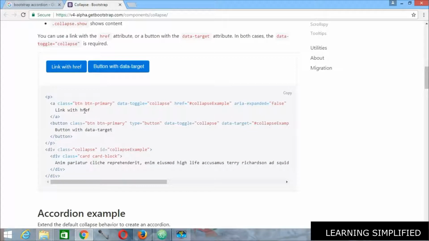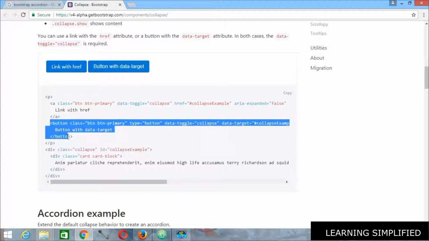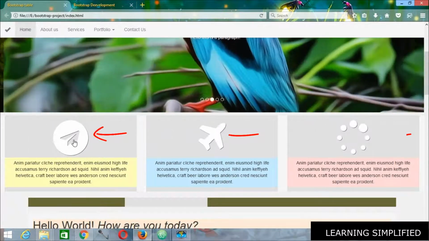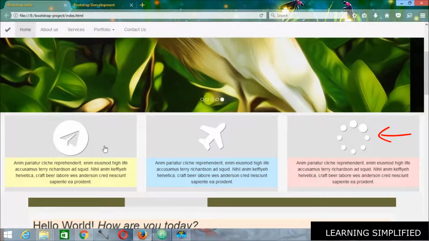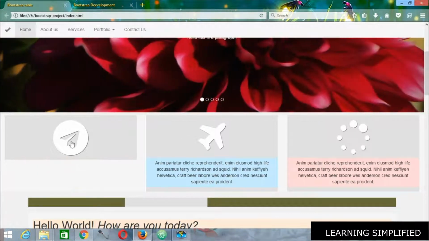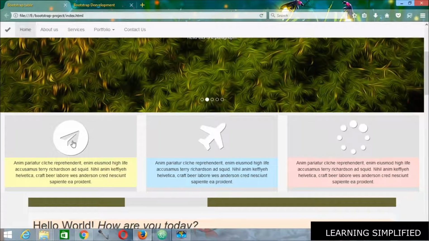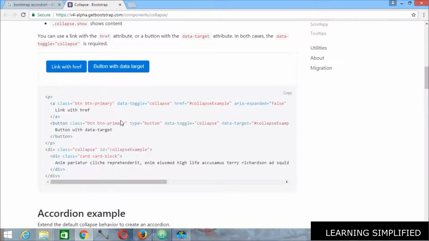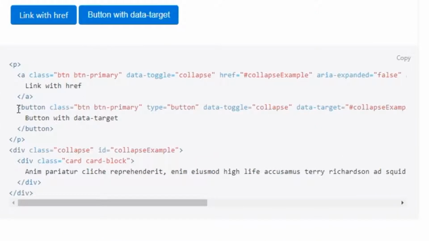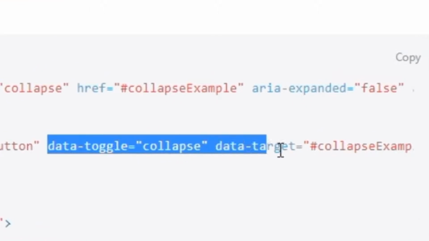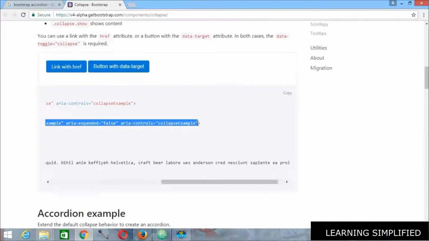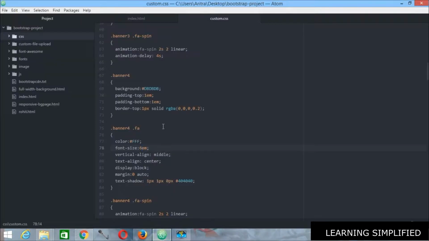Now the question is, in this particular example we are practically using a button. That is why a button has been introduced, but we have already introduced some Font Awesome icons over here, and our demand is that on clicking them this toggling action will take place and this text will be descending down. That is why while we are copying from here, we won't be copying this button class. All those things are set into our website, and all we need to do is copy only this part, data toggle collapse.